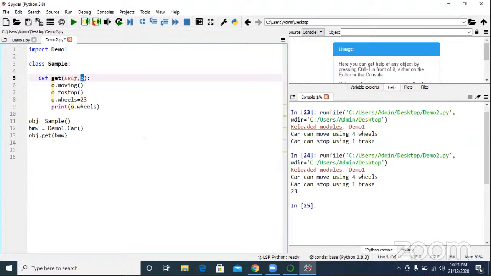In Java, you will mention int x, float y, char o, like that you define. Python is generic, the method is not dedicated to a specific value. But as a developer, as per requirement, you have to implement the functionality of a method.